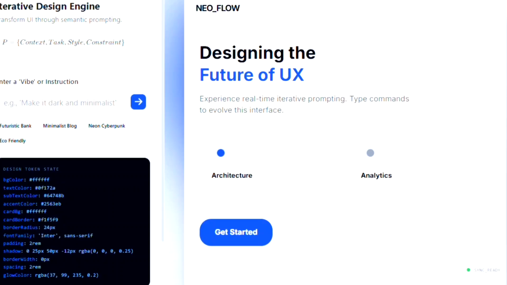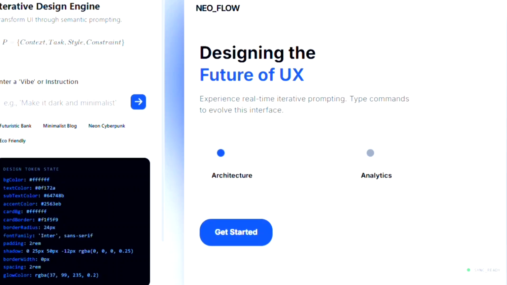Notice how the AI isn't just changing a background color, it's reconfiguring the entire CSS and layout to match the aesthetic. As you switch between vibes, think about point 2, how the AI interprets style versus function. The function, a bank app or a dashboard, stays the same, but the vibe completely changes how a user experiences that function.